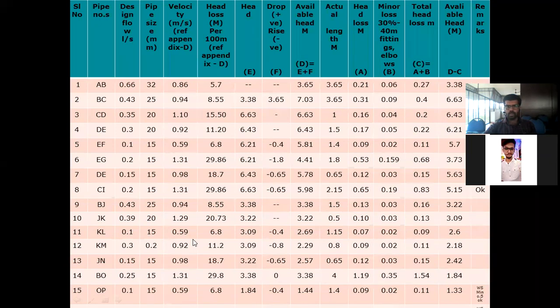Finished. Okay, Shahil, these two values are also given, okay? 0.66 and 32. So you may ask where you get this 0.66 and 32 from. This 0.66 is the Q value, liter per second discharge, and this pipe size is 32. That we already found out last day. For the loading unit method for node AD, node BC, node CD, we know the pipe size and we know the design flow Q value. By the loading unit method, we have already found out these two values. If you have written them, you can copy from there, or you can directly copy this.